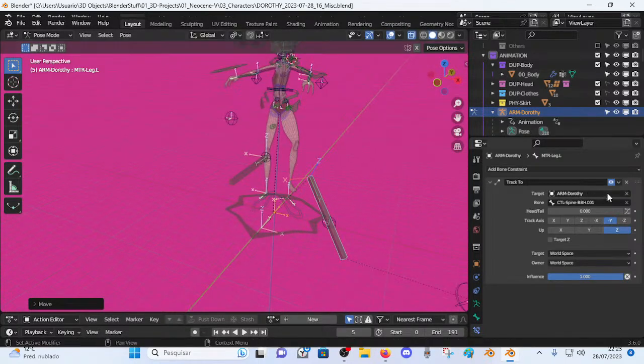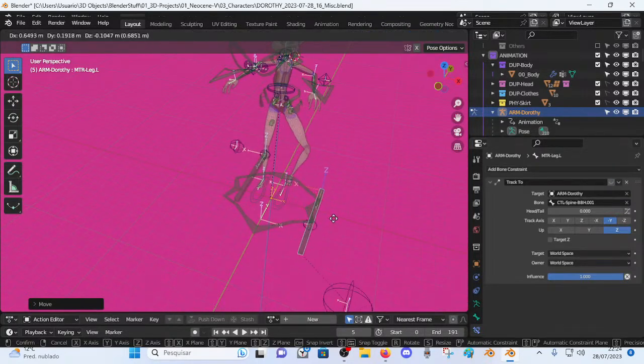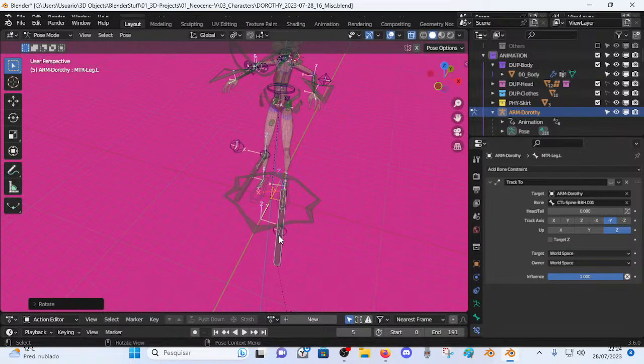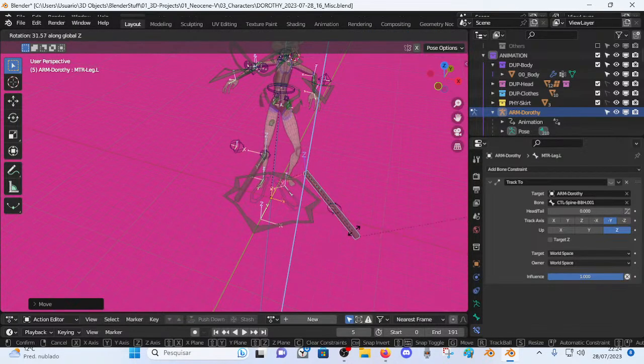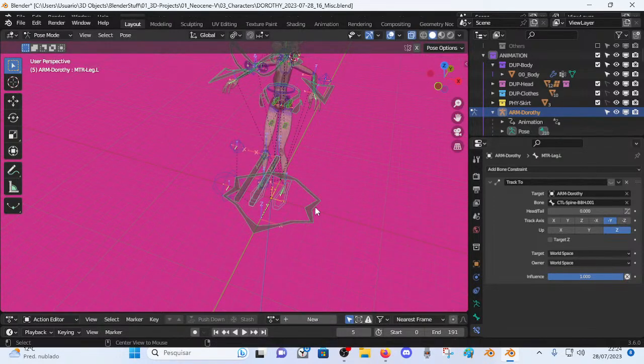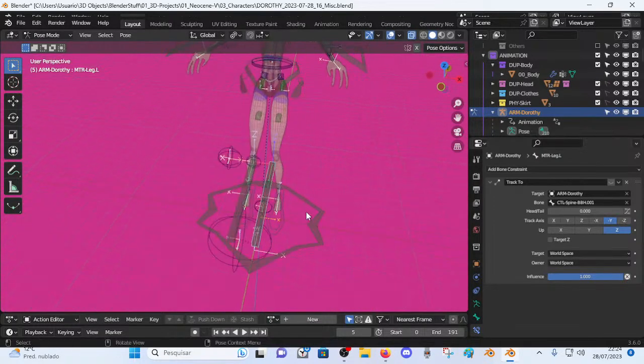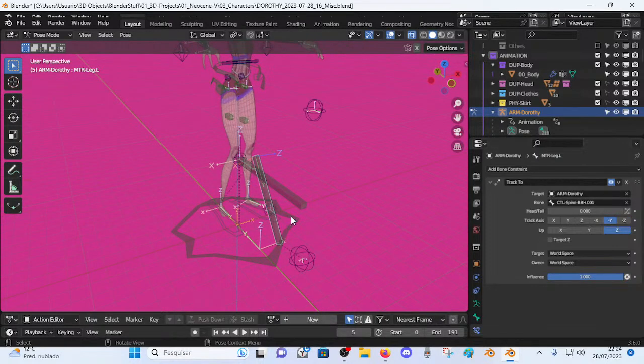You remember, well, maybe you don't remember, probably you didn't watch the other lives I was doing, that I was having this problem here where I needed some manual rotation of this thing. But with this new finding for this particular rig, I can use this Track To Bone constraint,